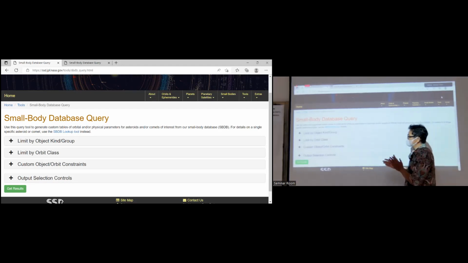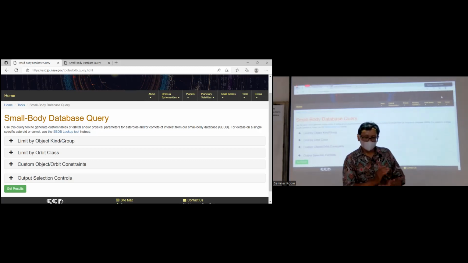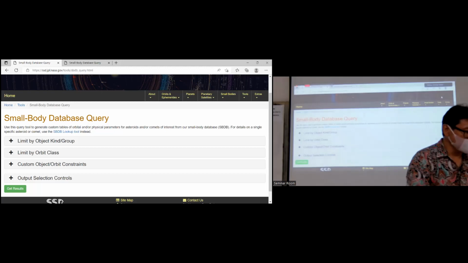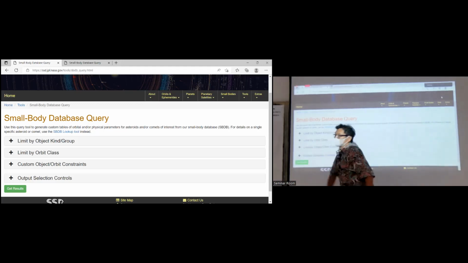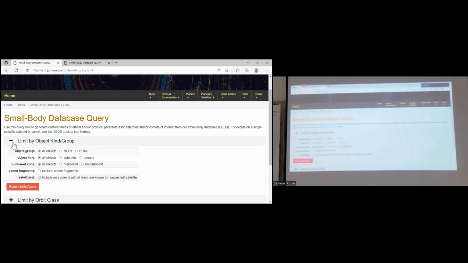Now I want to explain one by one. Limit by object kind or group. For example, you want just comets, or you select just asteroids. Limit by object, you can click the plus. You will have this.